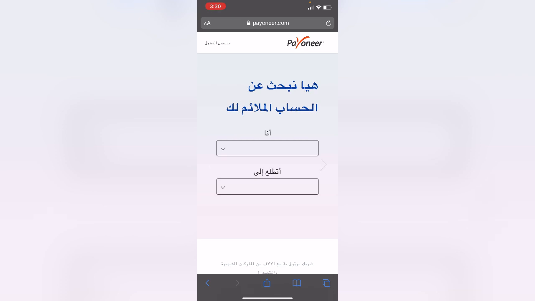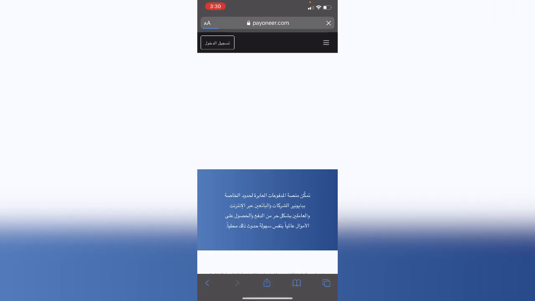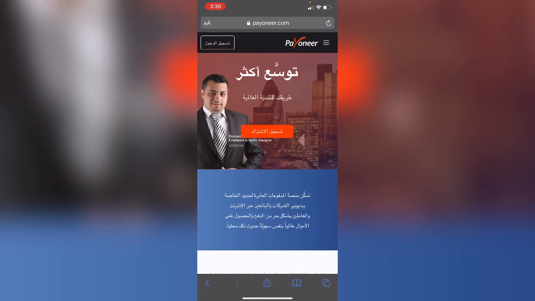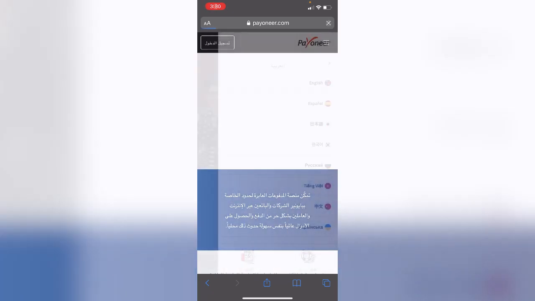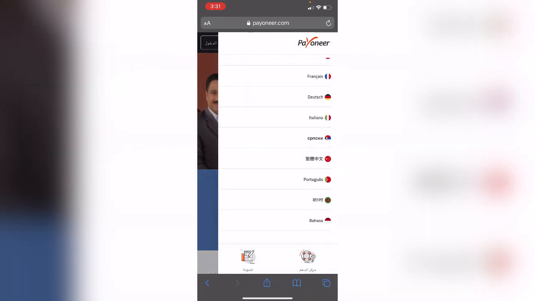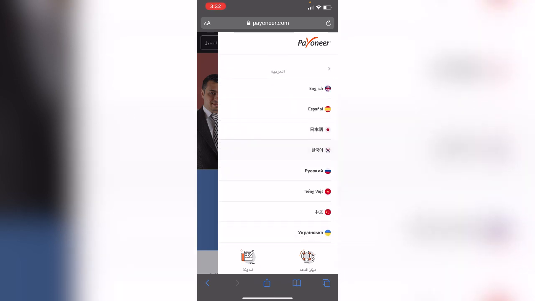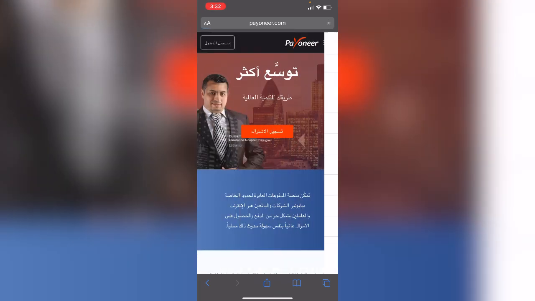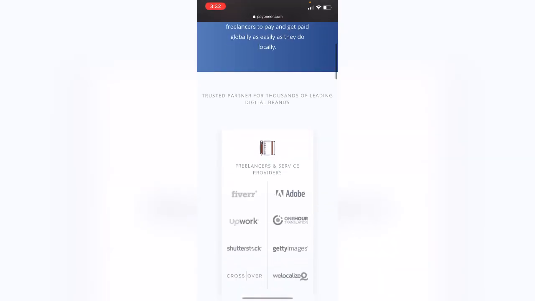If I want to change my language, I just have to click on this icon on the Pioneer logo. Okay, then I will have to go to this menu bar. I will click on this language. Choose my language, whichever language you are using. There are a lot of languages, including Bengali, Hindi, Italian, French, and so many other languages, also Japanese, Spanish, English. So I want to choose my language. It is English, so I will choose English. Here, this page will appear in English.